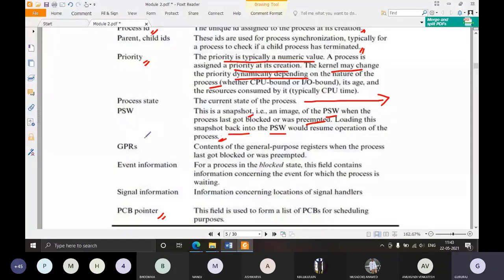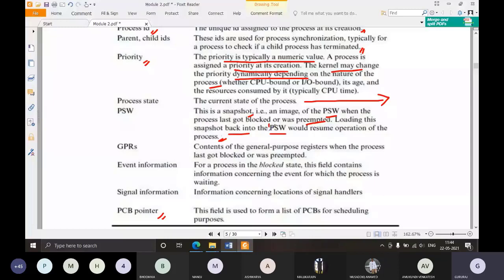If it is not saved, what will happen? If you switch back to the game, it will reload. This happens sometimes in mobile phones. You might have experienced this also, and this usually happens in mobile phones with less memory. Whenever the RAM of that mobile phone is less, this will happen, reloading the application. Every time you switch between applications, that application reloads. In that case, the progress made till that point will be lost. But that should not happen. That progress should be preserved, which is nothing but the PSW contents.